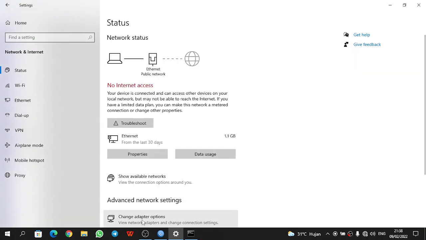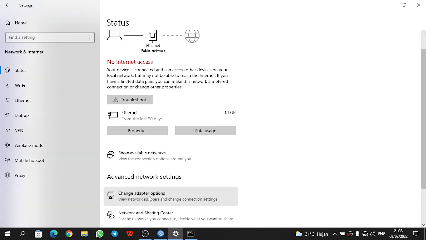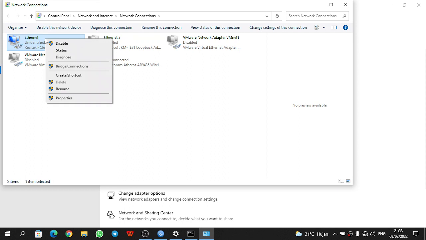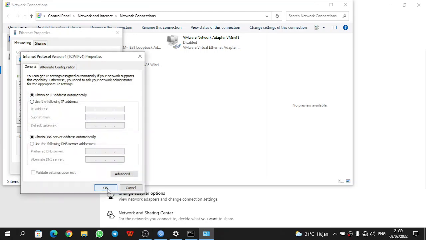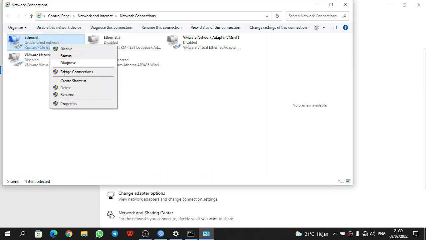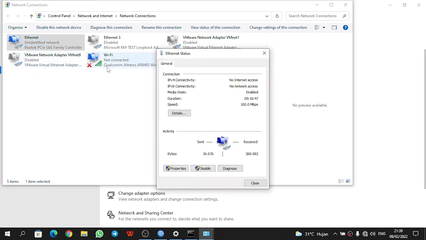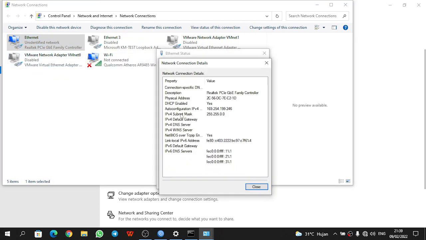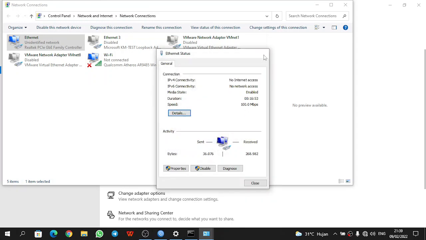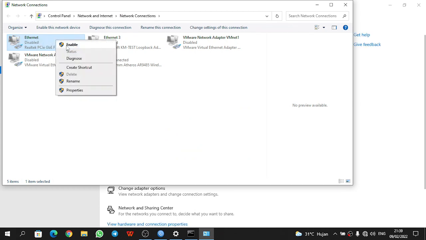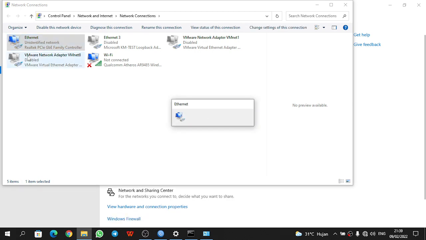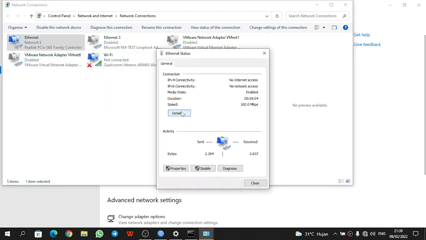For the network, click change adapter options, right-click the Ethernet, choose properties, and click Internet Protocol Version 4 (TCP/IP), then OK. We check the status and details. As a tip, we can disable and then enable it to refresh, then check the status and details again.